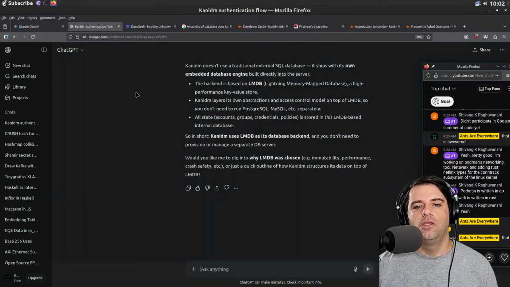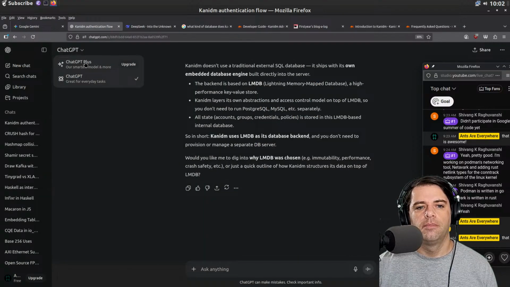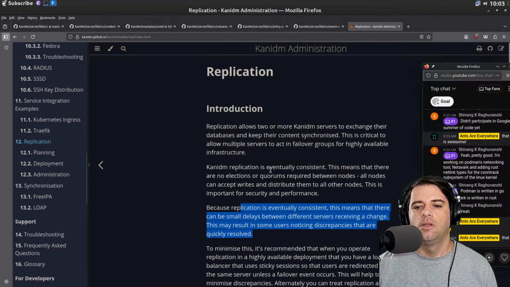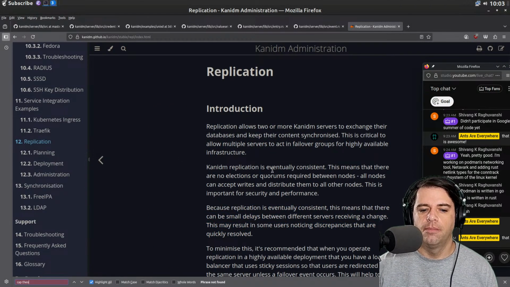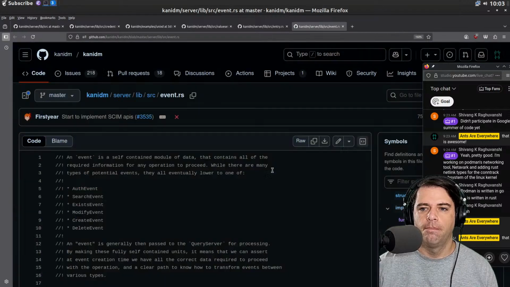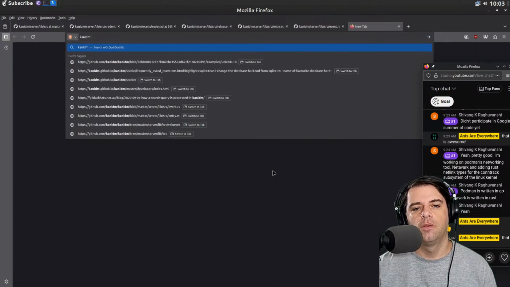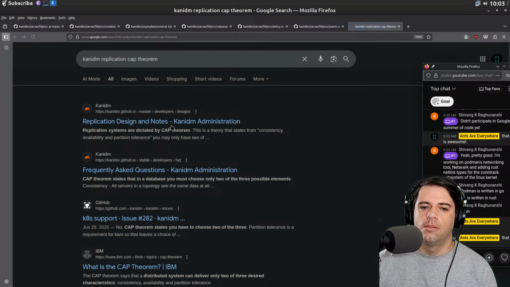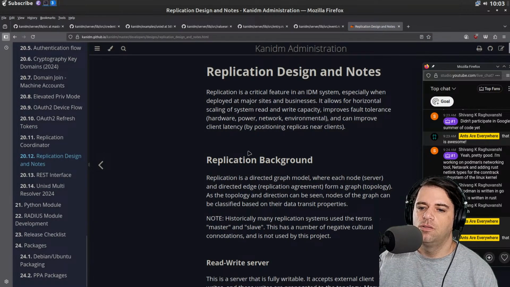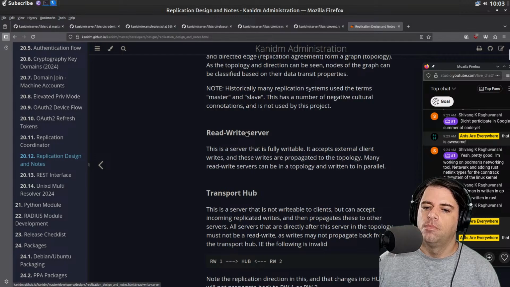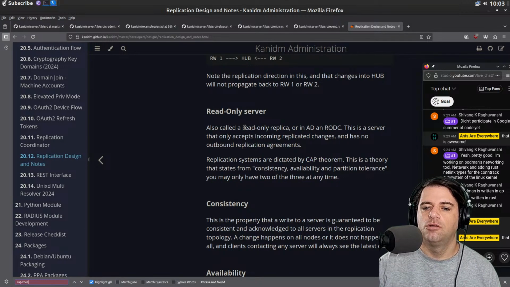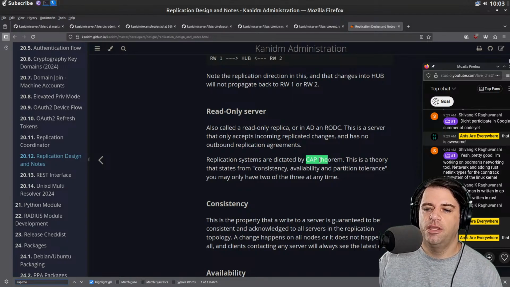Let's maybe go here. There's new. New is here. So I think they mentioned the CAP theorem somewhere. Replication design and notes. Replication systems are dictated by the CAP theorem.